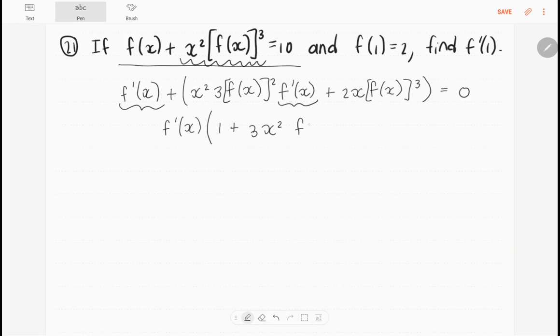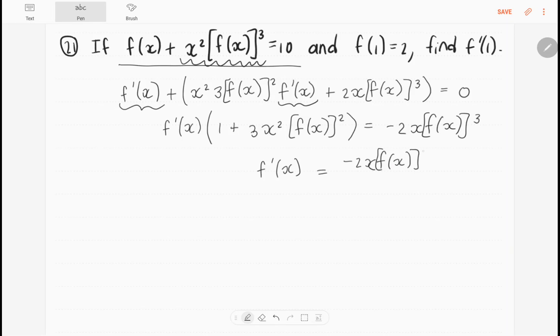3x squared f of x squared equals minus 2x f of x cubed. So that means f's derivative of x is going to be minus 2x f of x cubed over 1 plus 3x squared f of x squared. So we were asked to find the derivative when x equals 1, and we are given